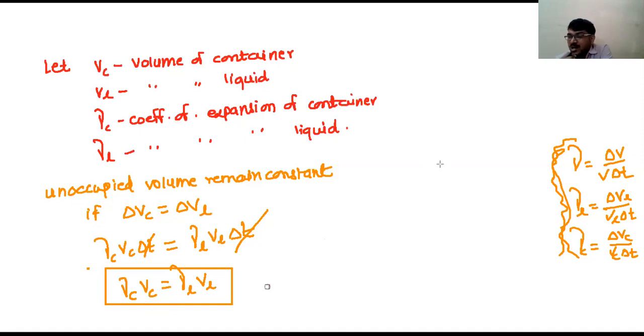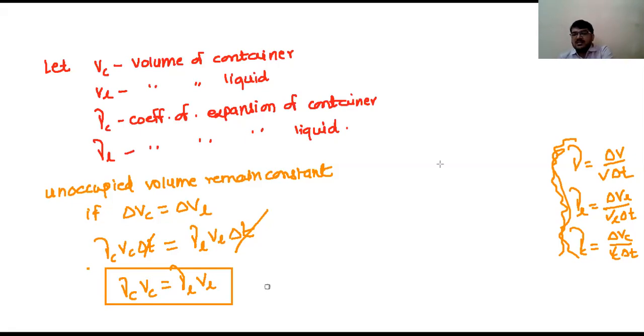Yes, in some cases it is not possible. Let us take one example. I have taken water and filled that water into a glass container, and I have supplied heat to that container. Is it possible that how much the water expands, that much the glass container will expand? No, it is not possible. Yes or not? Because what we have learned now may be a rare case, because both the container and the liquid should expand in the same proportion, and mostly that is very difficult.